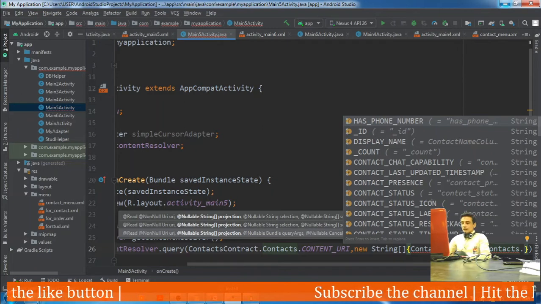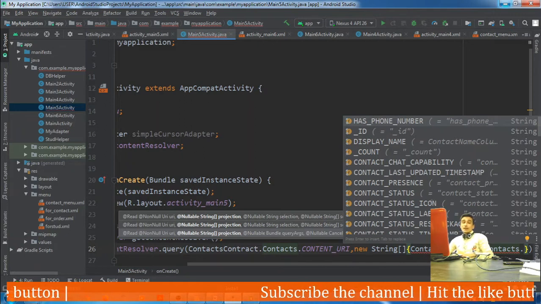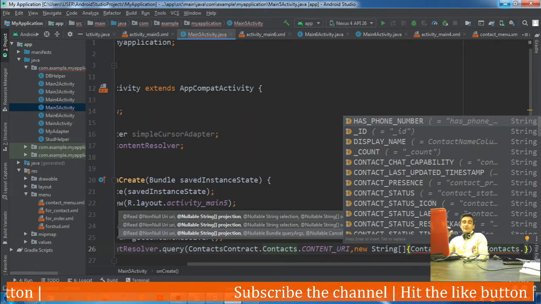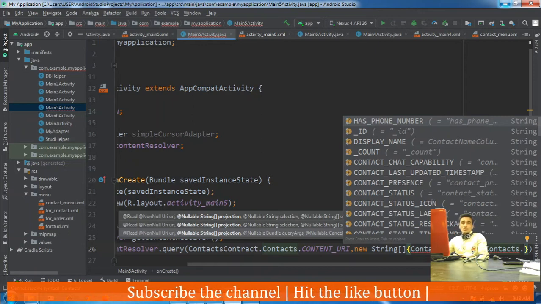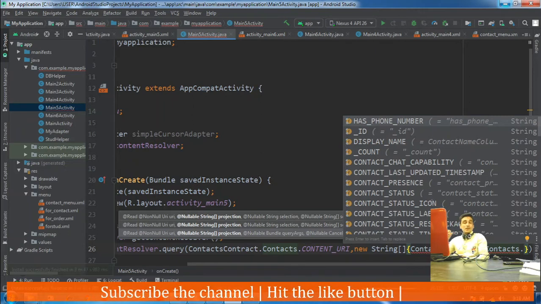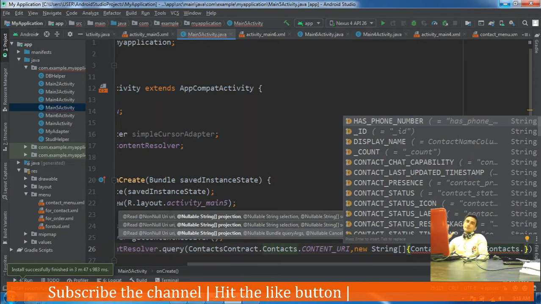Now while using simple cursor adapter, let me remind you that it needs a predefined column. The name of the column is underscore id. It expects that the data source provided to it contains an underscore id column.